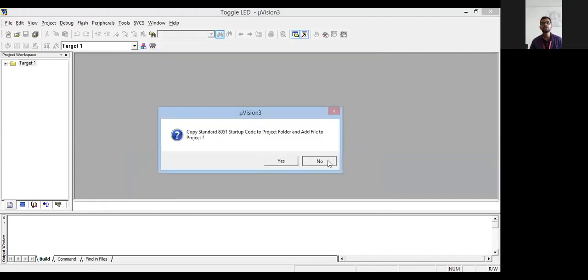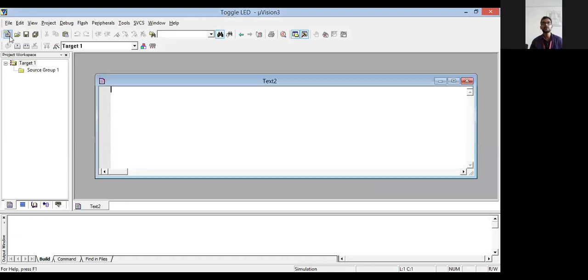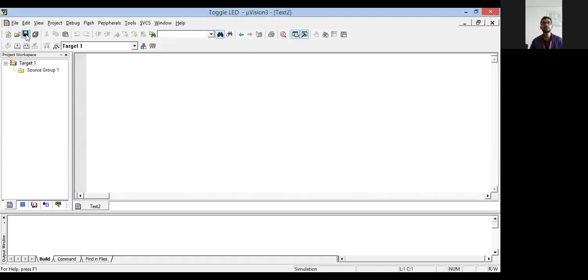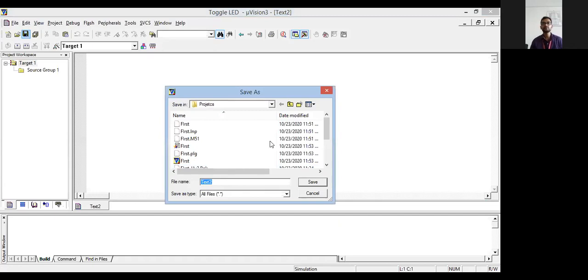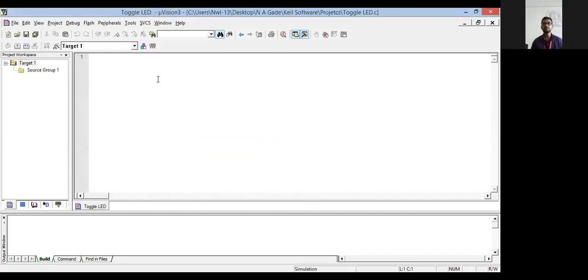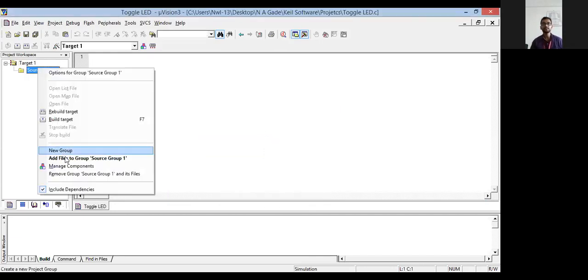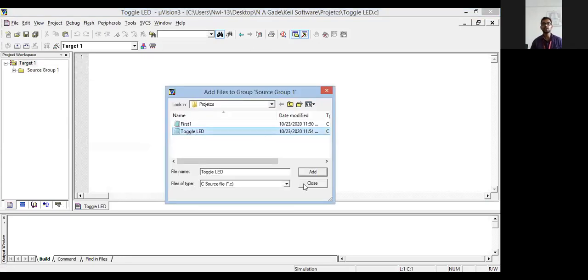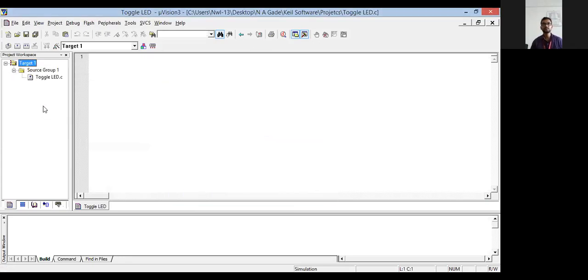Add file to the project. No. Then make one new C file. Give the name Toggle LED.c. Add this file to the source group. Okay.